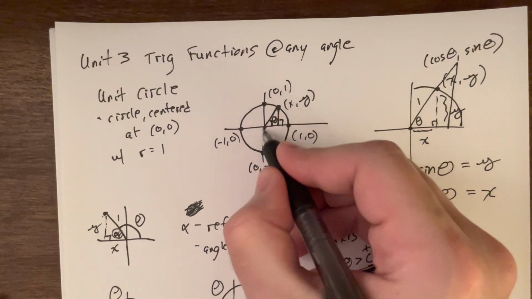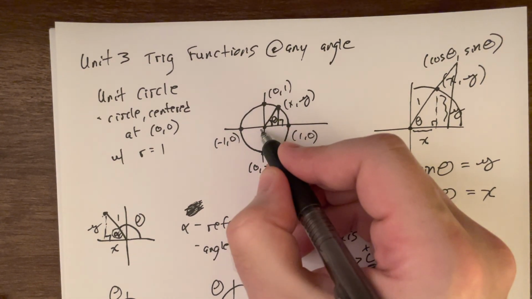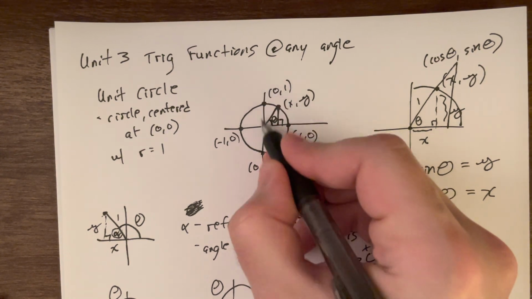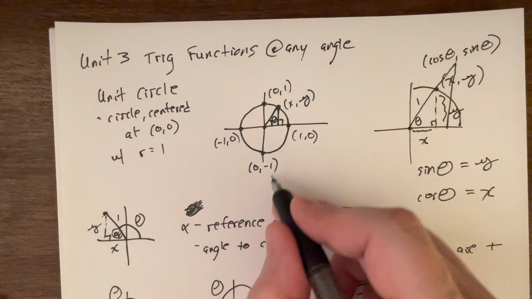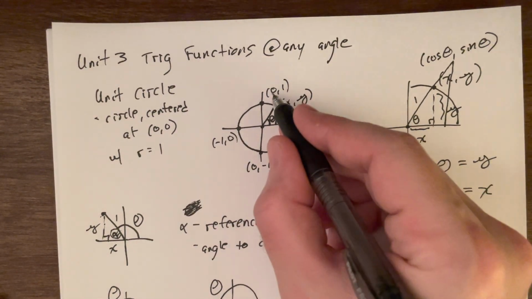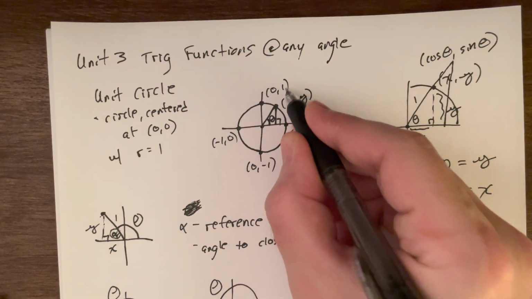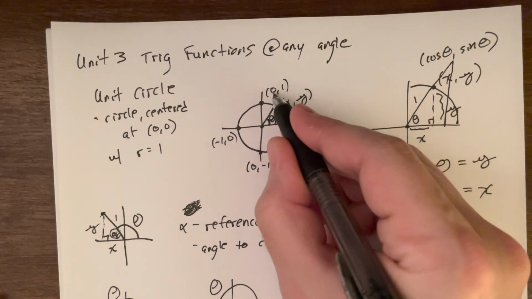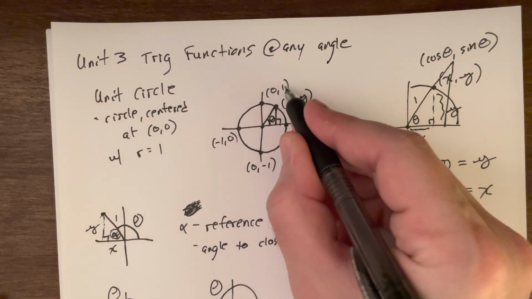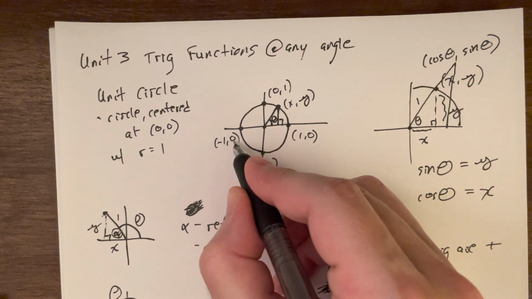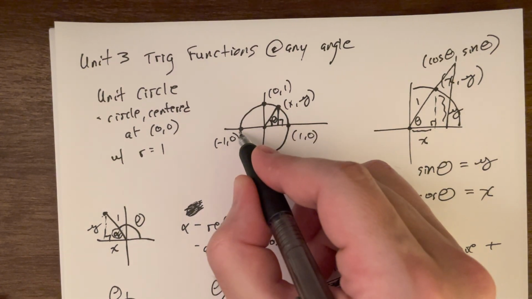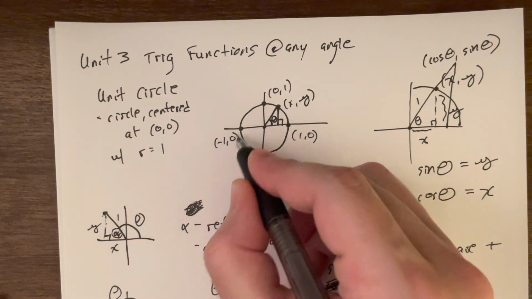And then at 90 degrees, this line would represent 90. I'm not in a quadrant, I'm on the boundary. So how do you deal with these boundary issues? You use these xy pairs. X is 0, y is 1, therefore at 90 degrees, cosine is 0 and sine is 1. At 180 degrees, x is negative 1, y is 0, therefore cosine of 180 is negative 1 and sine of